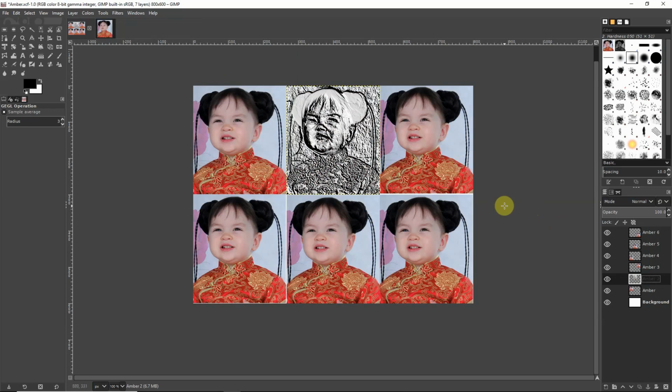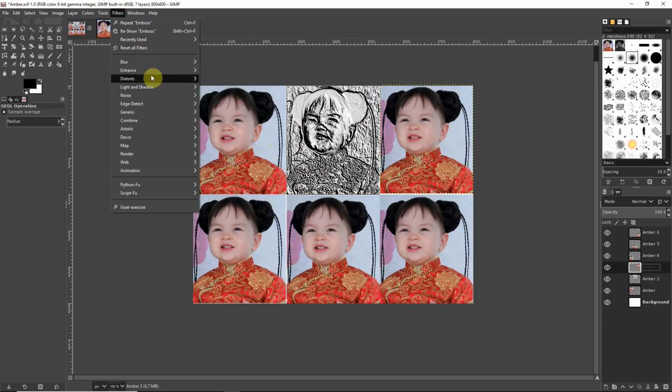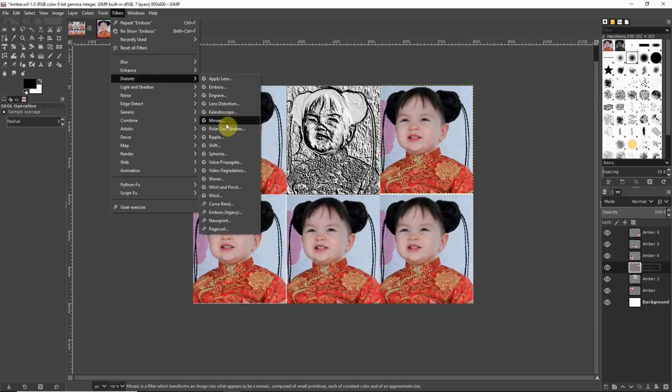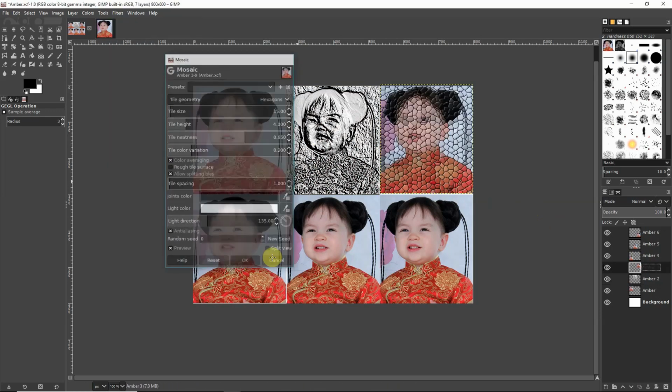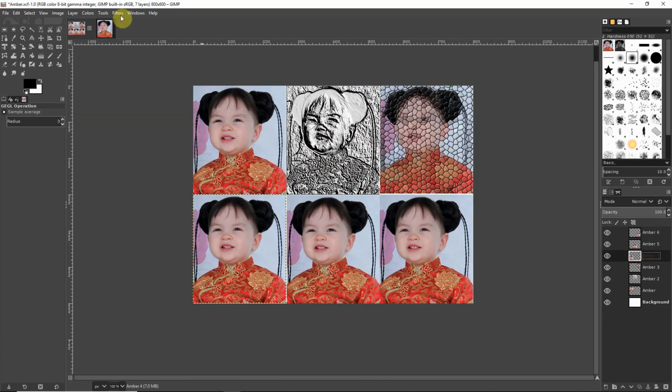Alright, so far your file should look exactly like mine. The first one should be blank. The second one should be embossed. And from now on, Ambers 3, 4, 5, and 6, I'd like you to add your own filters. Please make sure you do not just simply copy mine. I'm going to randomly choose filters that I want. I'm going to make this one mosaic. I'm going to make this one